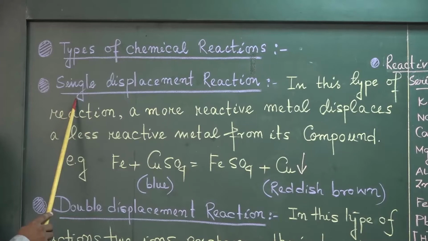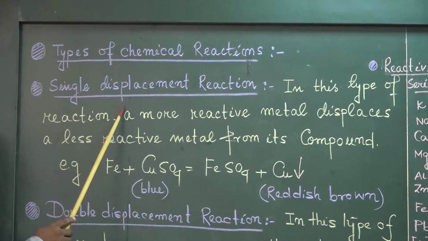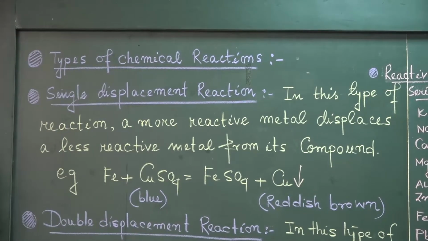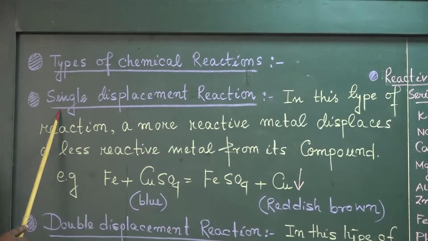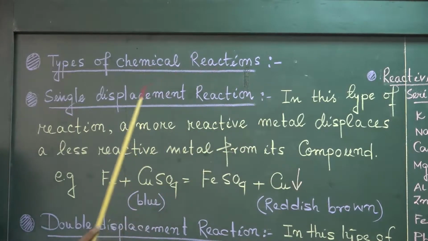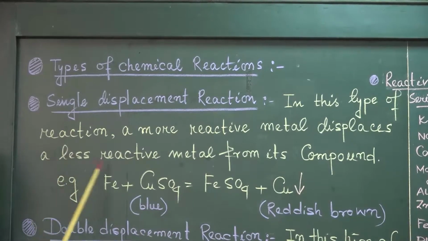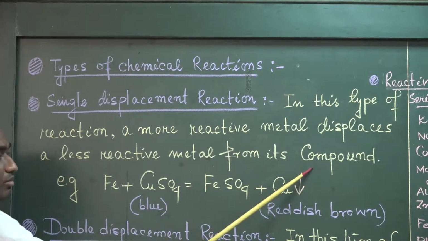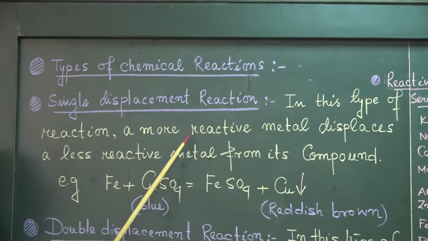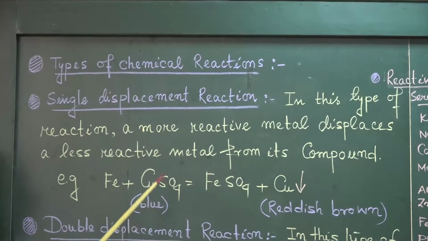The first one is your single displacement reaction. Students, displacement can also be treated as one form of substitution. So, single means one, that means in this reaction what we will find is that a more reactive metal displaces a less reactive metal from its compound. So, that means a more reactive metal, when it reacts with a compound containing a less reactive metal, will displace